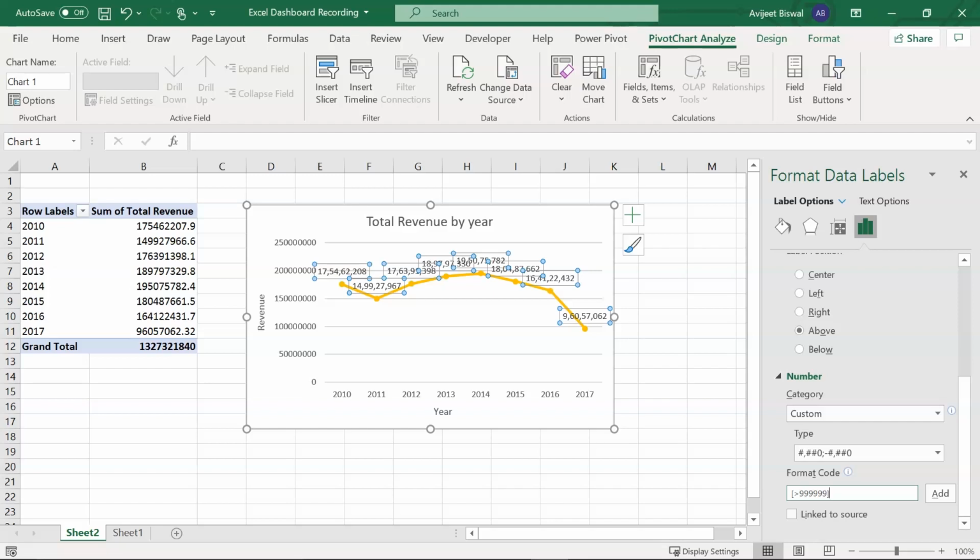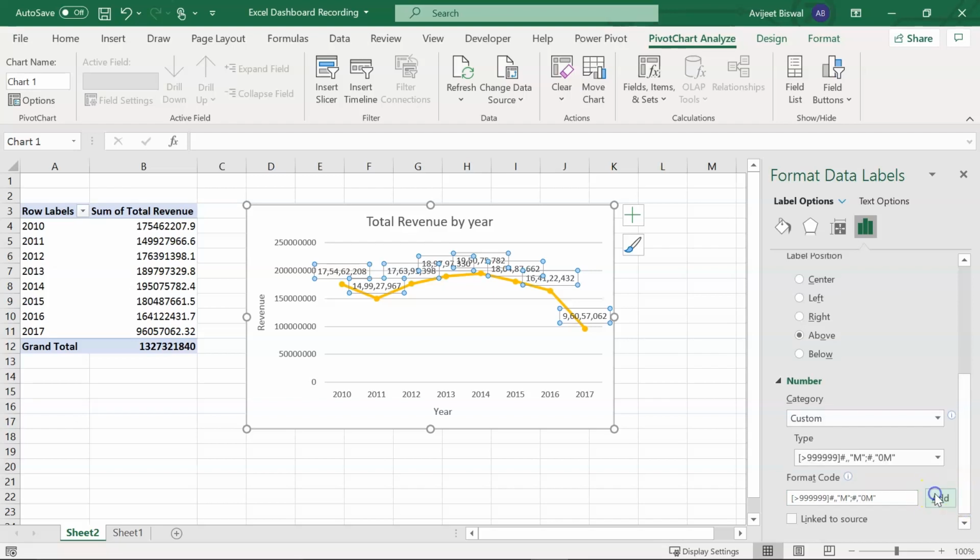I'll close the bracket. I'll give a hash, give 2 commas. So if the revenue is greater than 9,99,000, I'll put it in the format of millions. So within double quotes I'll write M. I'll give a semicolon followed by another hash, and if the value is less than the desired number, it should be 0 million.